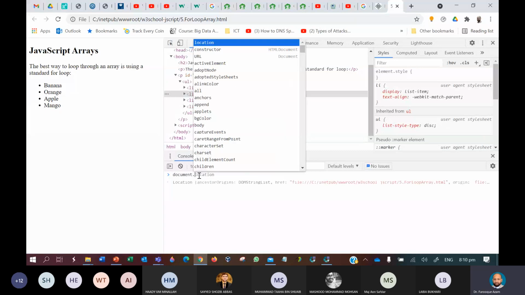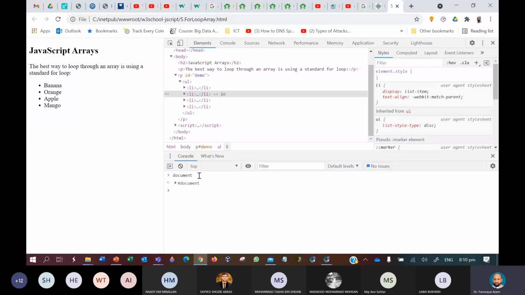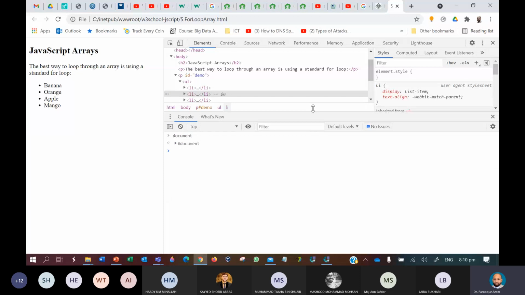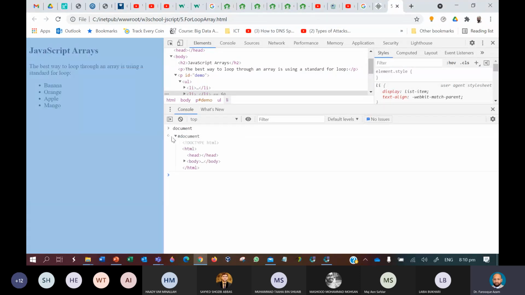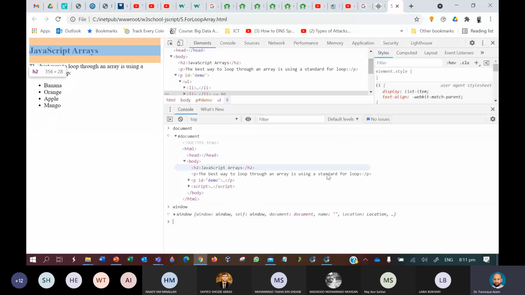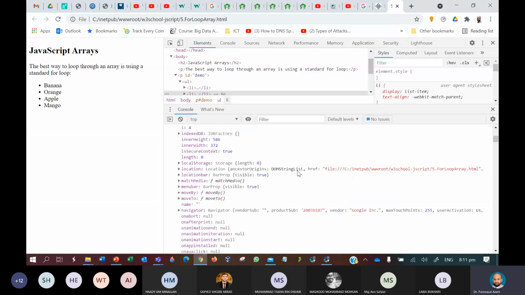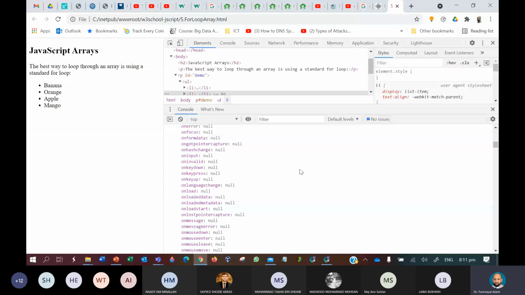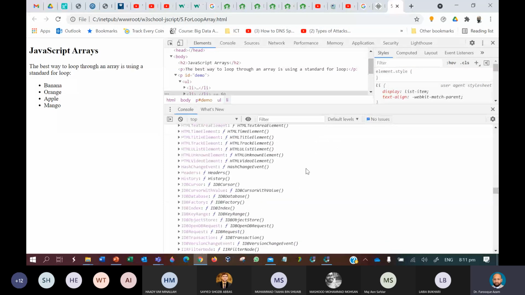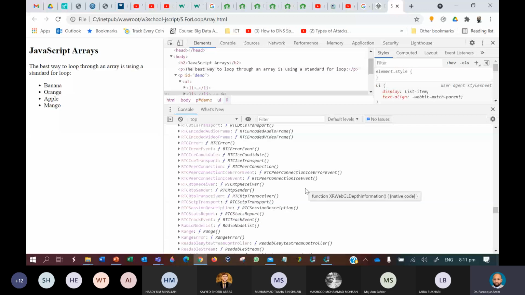सिंपल मैं डॉक्यूमेंट ही एंटर करता हूँ। ये डॉक्यूमेंट का ऑब्जेक्ट है। अब इसको अगर आप खोलें, अच्छा खैर इसमें तो इतनी प्रॉपर्टीज नहीं हैं। मैं विंडो का ऑब्जेक्ट खोलता हूँ। ये भी रूट ऑब्जेक्ट होता है। ये विंडो का ऑब्जेक्ट है और विंडो ऑब्जेक्ट में आप देखें तो इसके अंदर सारी प्रॉपर्टीज़ पड़ी हैं और इसके अंदर चाइल्ड ऑब्जेक्ट्स कितने हैं, देखते हैं आप। ये सिर्फ एक रूट ऑब्जेक्ट है विंडो का जिसकी पूरी की पूरी सारी प्रॉपर्टीज आप व्यू भी कर सकते हैं, मैनिपुलेट भी कर सकते हैं।